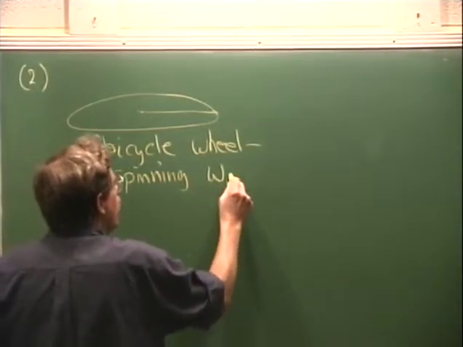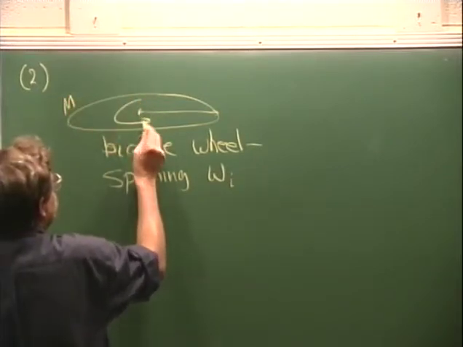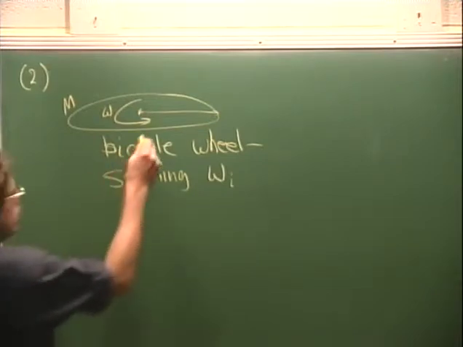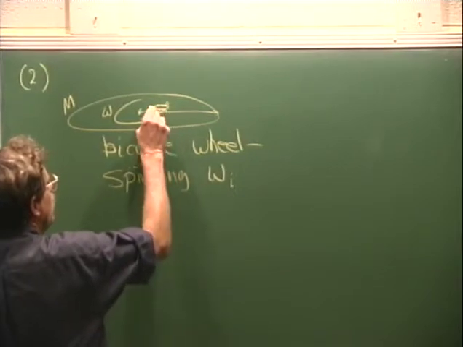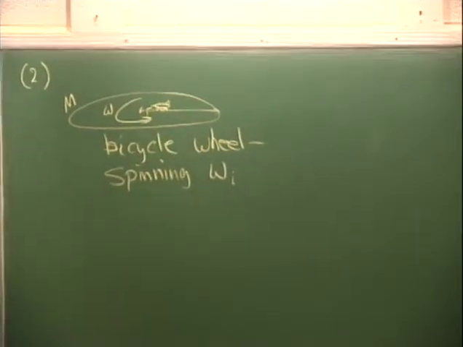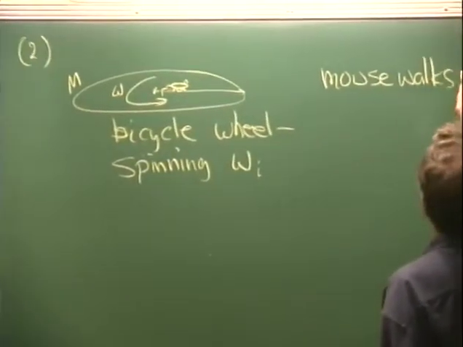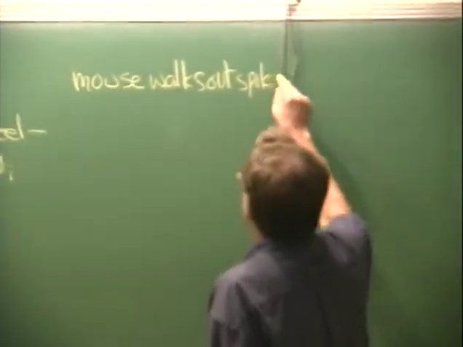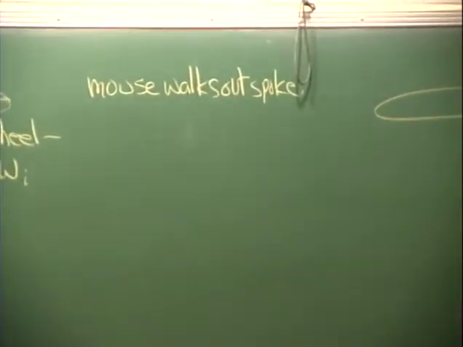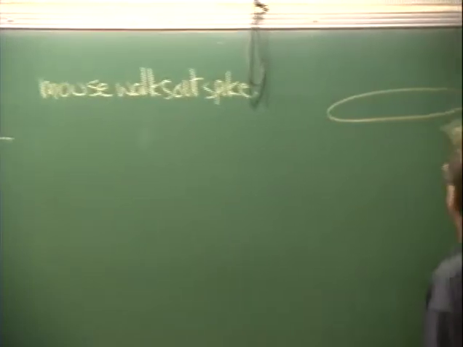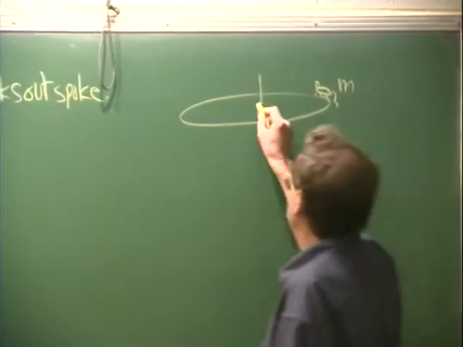And let's say its initial angular velocity is omega, and it's got a mass m. So here it is, omega, and then the mouse, whoops, wheel, sorry. Mouse, there's the mouse, and he walks out. And then at the end of the process, the mouse is out here